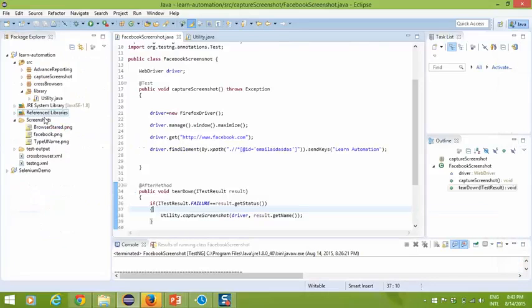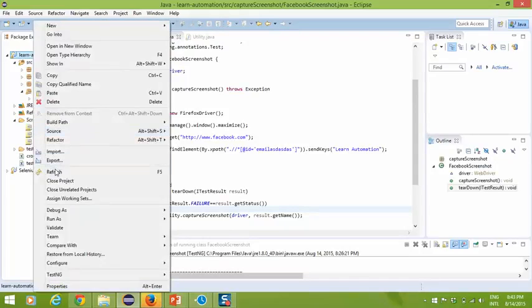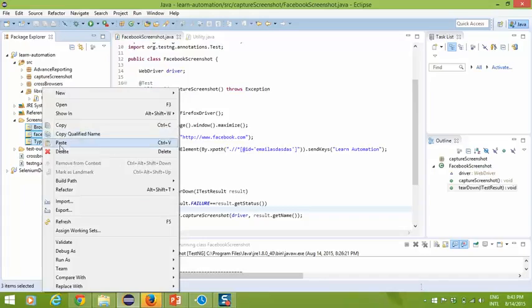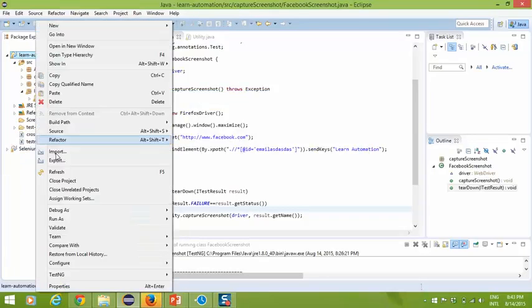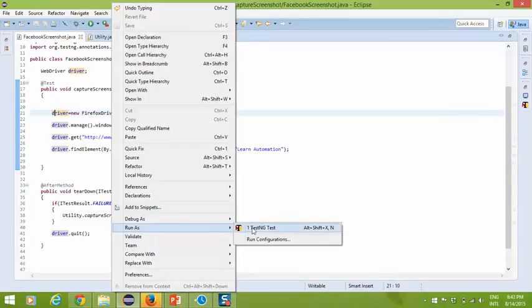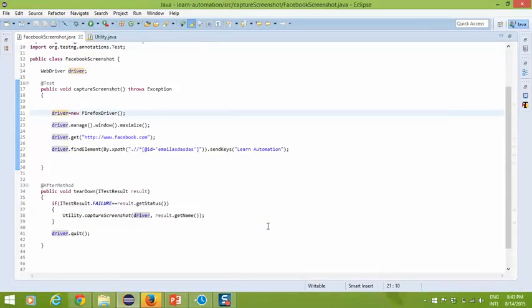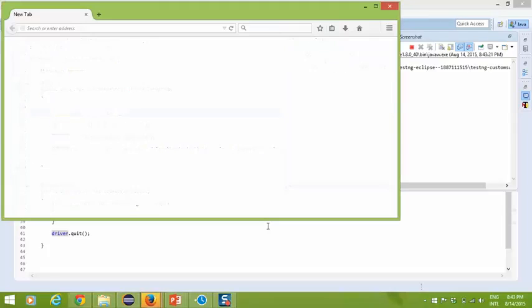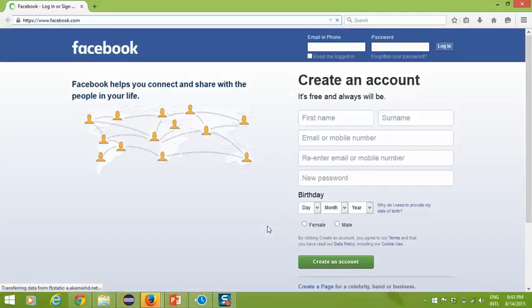So what I will do, I will remove all the screenshot which I had already in my workspace just to avoid confusion. So I had three screenshot. I will delete it. Not required. Okay, you can see it's blank. Now let me quickly run this and let's see. So this is the one way how we can capture the screenshot in Selenium WebDriver. But yes, we have another way as well using listeners. You might have heard this word very frequently, and trust me, it's very important and very interesting topic in Selenium WebDriver. That listener will take care of the execution and that will take the screenshot.